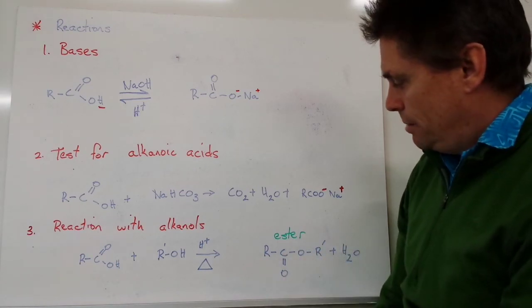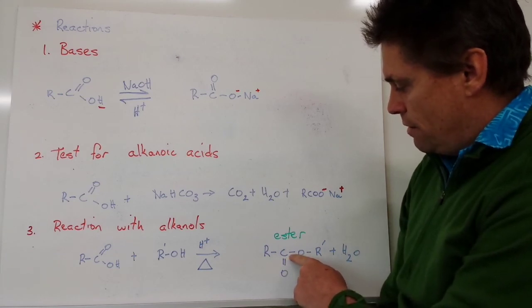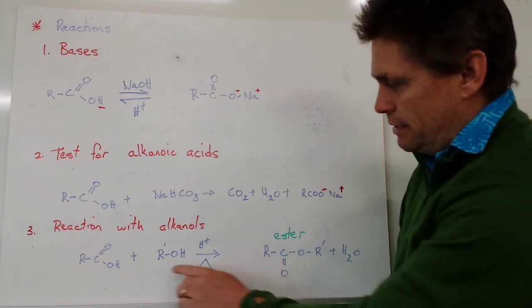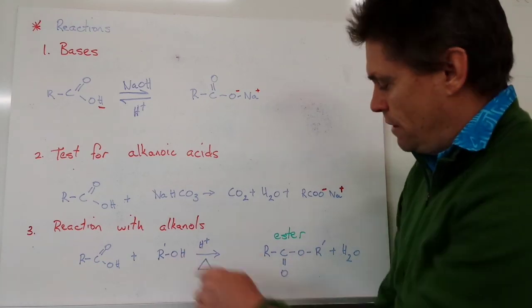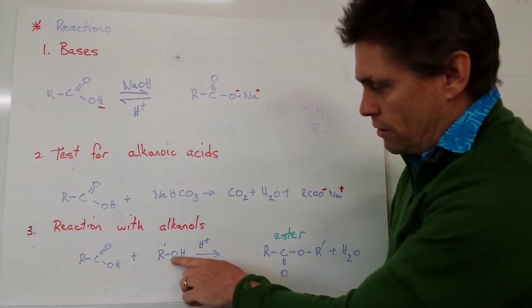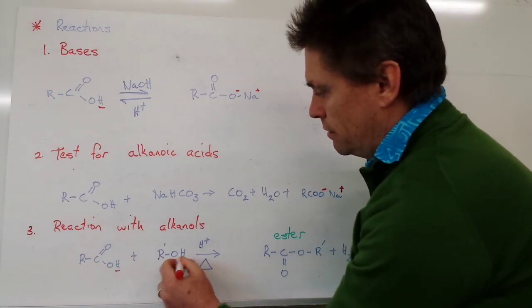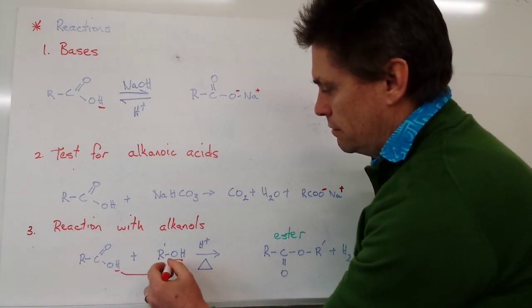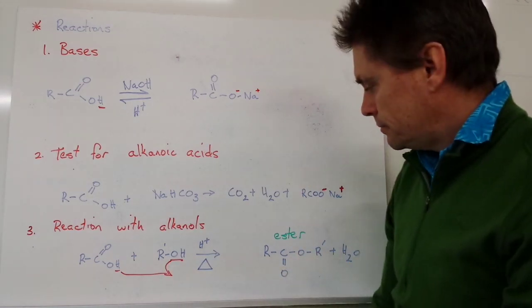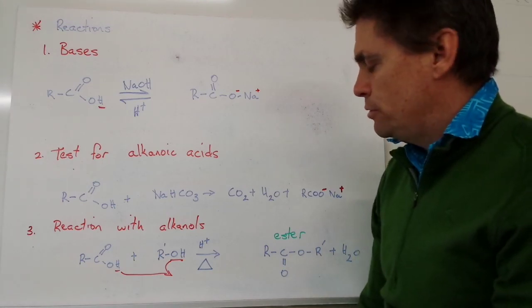So if we have a look at what's happening, we've still got our carbon-oxygen double bond, and instead of having the H, we've replaced it with the R group of our alcohol. And because we've replaced this, and we've got the OH from here and the H from there, these two combine, and we form a water molecule as well. These molecules, as I said, are known as esters and are produced artificially